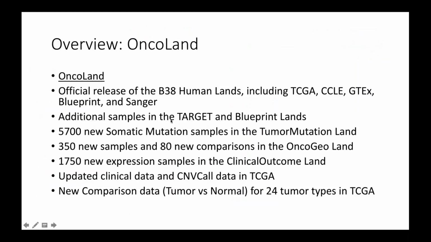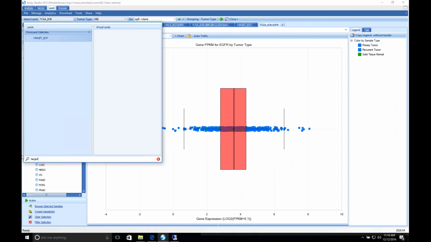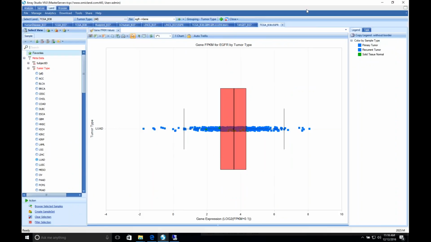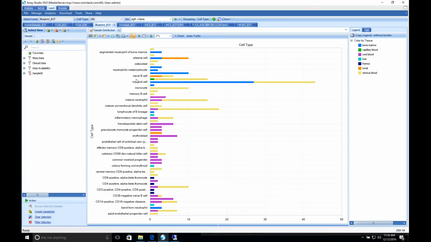All right, so that was Target. Blueprint, just covering again, is out of Europe. We've now released both a B37 and a B38 version of Blueprint. Let me just close some of my windows here. And so there's some additional data in here. This is a good, if you're not familiar with it, this applies probably to both OncoLand and DiseaseLand, but it's